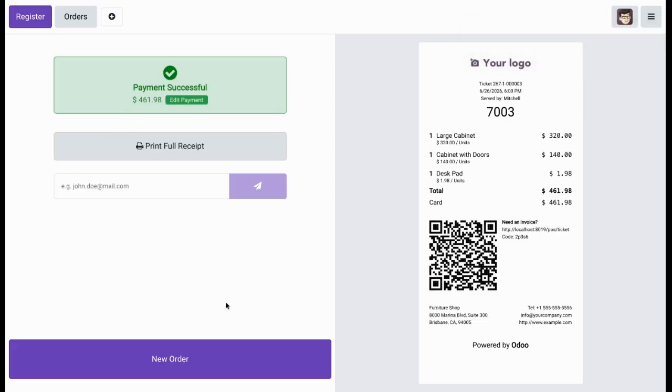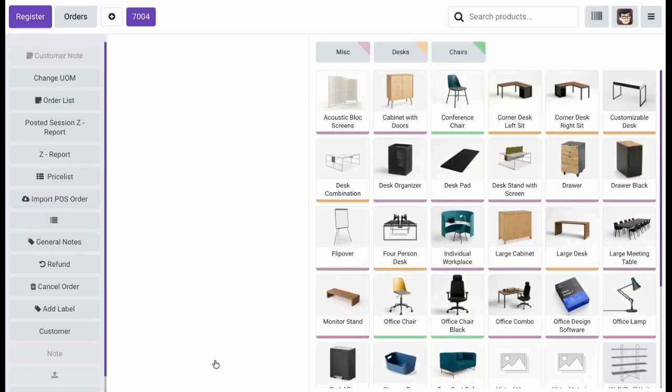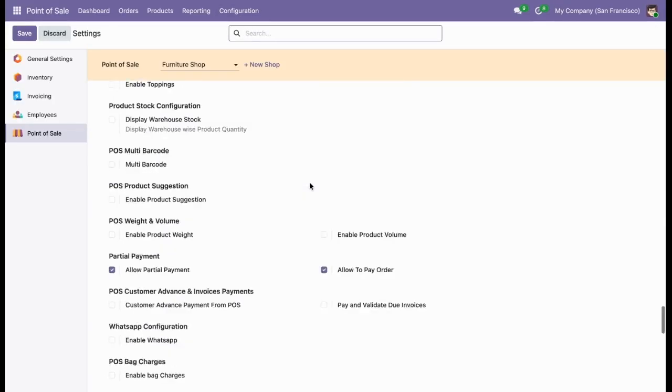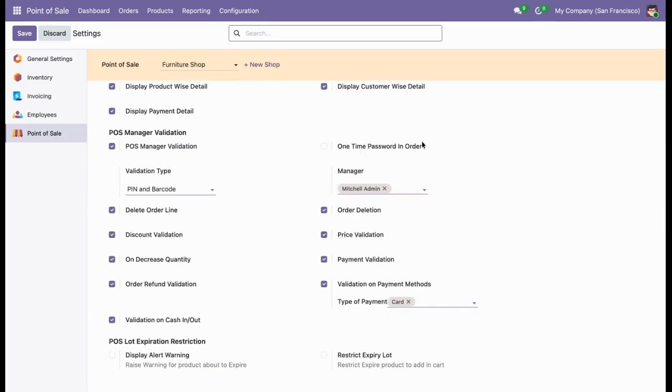In case the order is authorized by the manager, then it will skip the authorization for the manager if we have enabled the one-time password in order feature